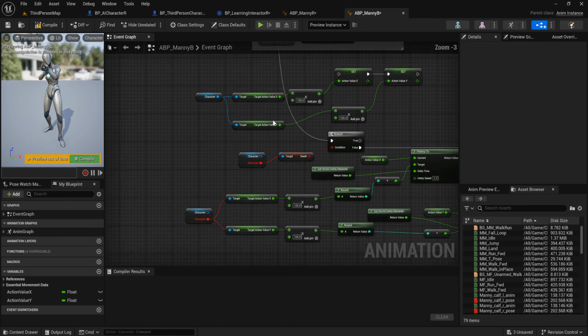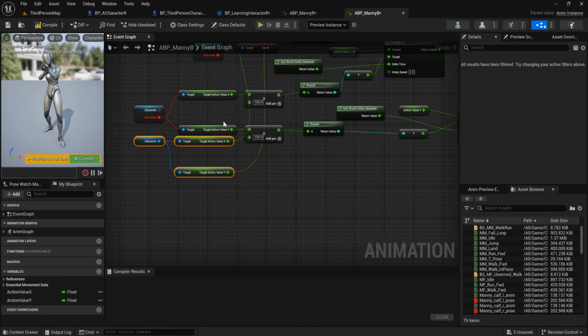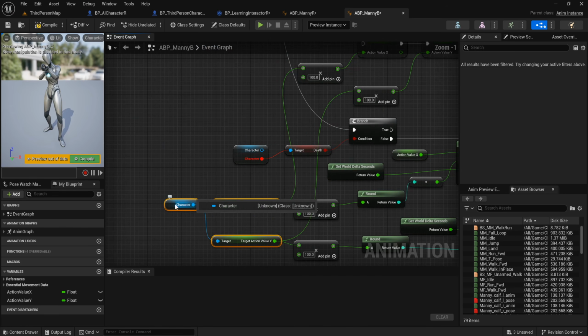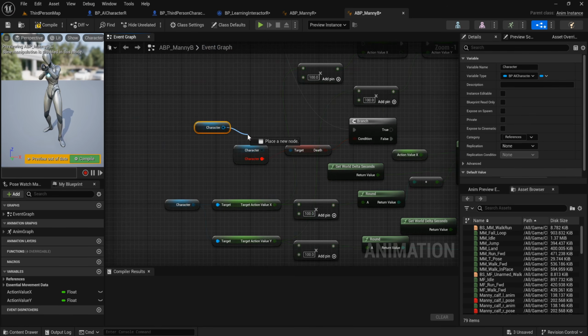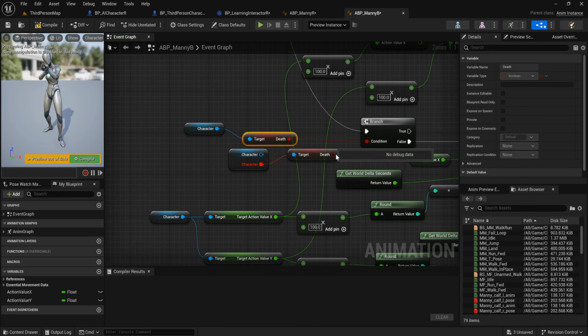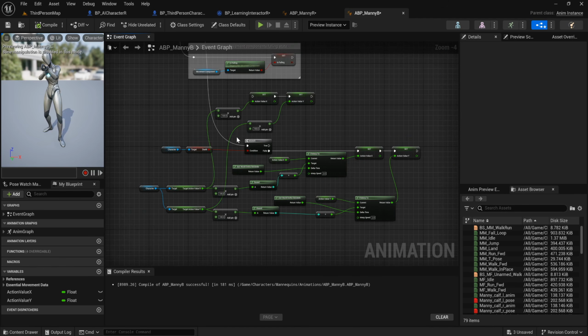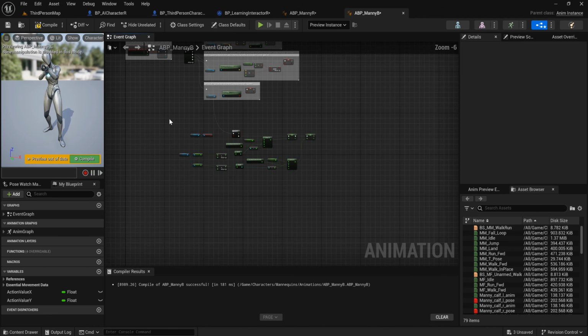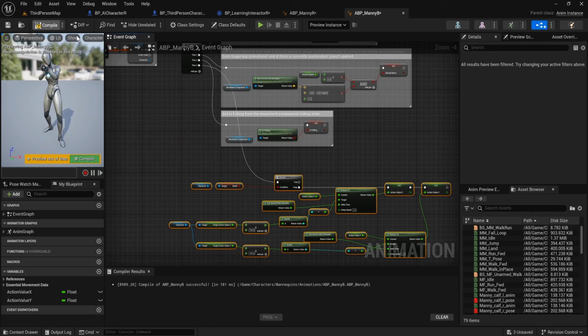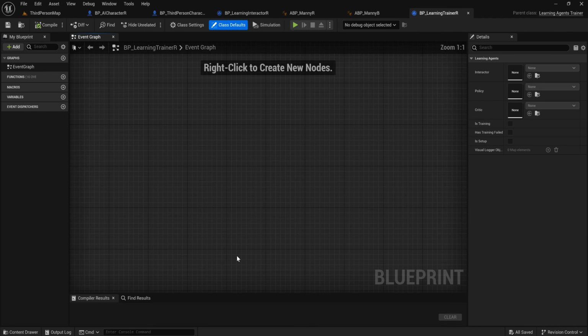And we can change this character. Key character, get that variable, to condition. Delete this. And we can compile. Go to Learn, BP Learning Trainer, or